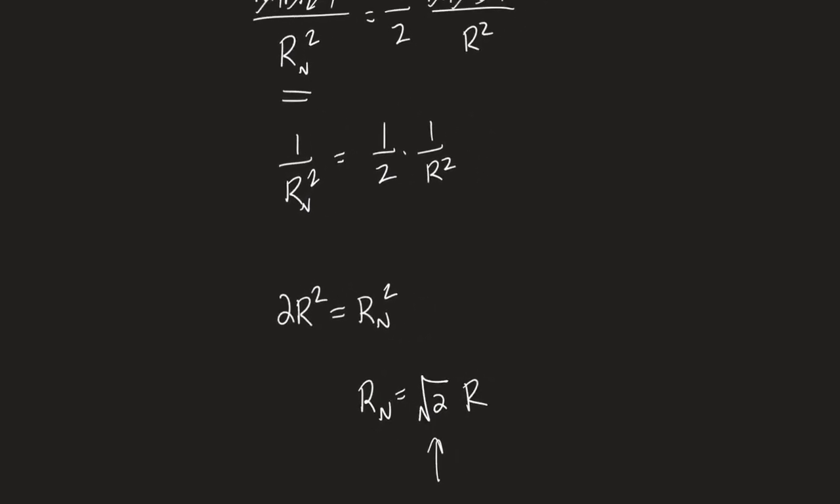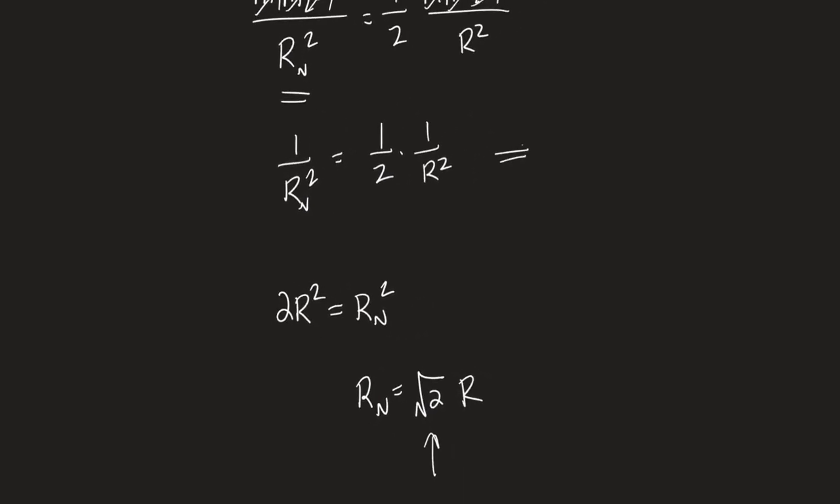So let's have an intermediate step. This is 1 over rn squared equals 1 over 2r squared. And then I cross multiplied. You could invert both sides as well, but